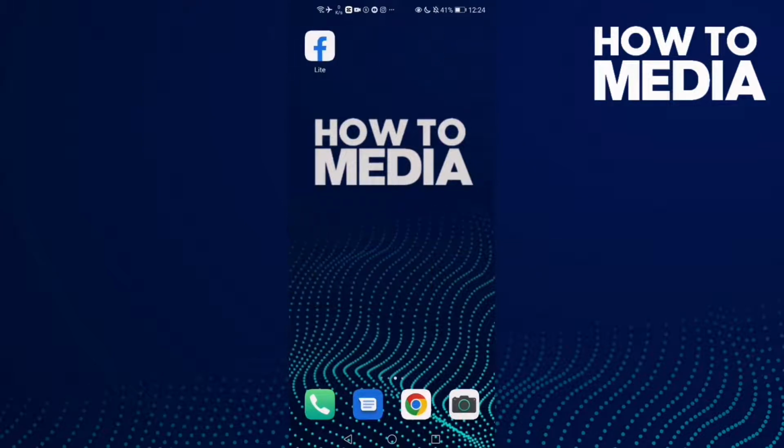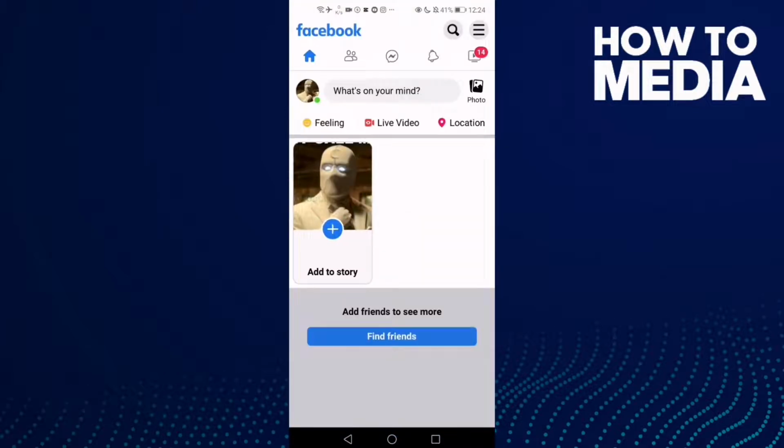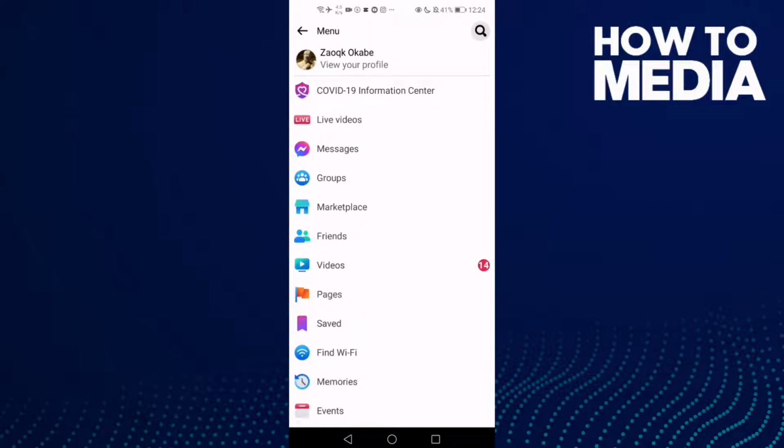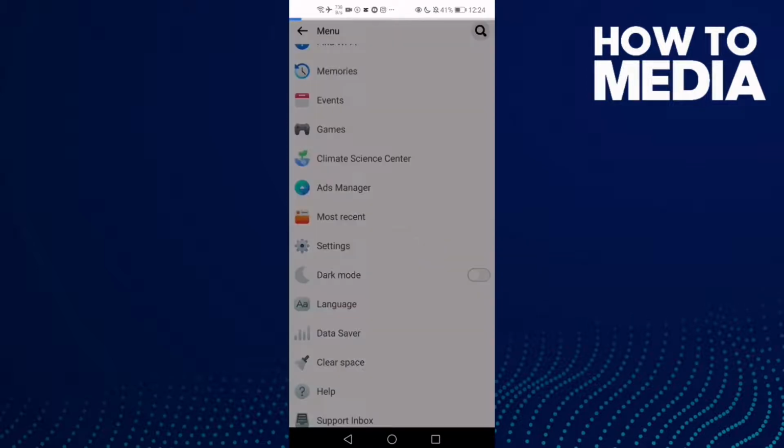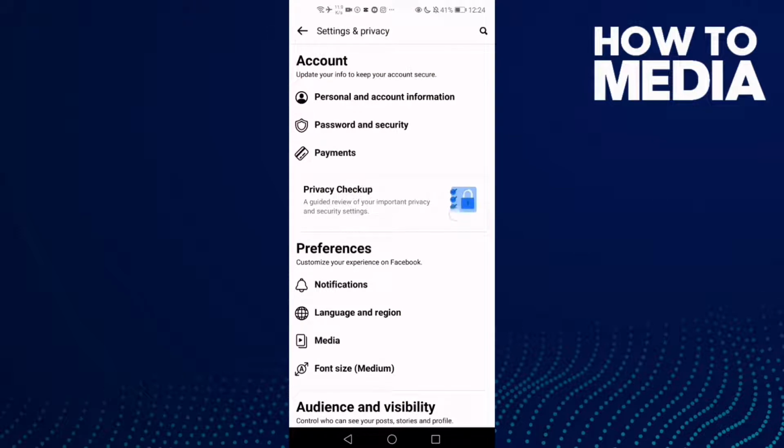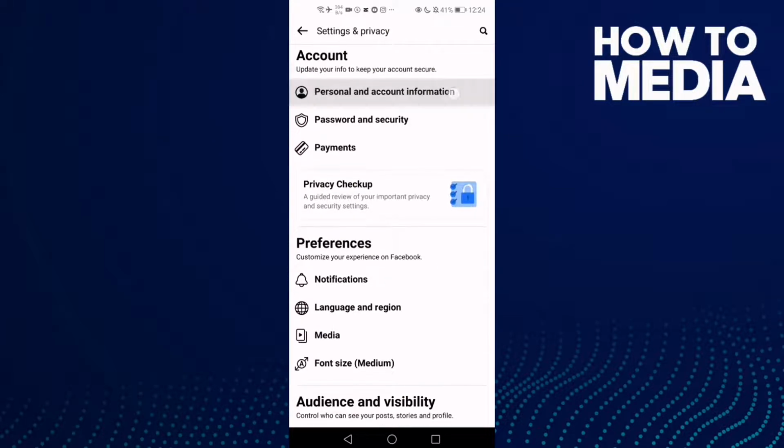First thing I'm gonna do is go to Facebook, and now just click these three lines here in the top corner, and after you click on it just go down. Here you will find settings, and then click personal and account information,